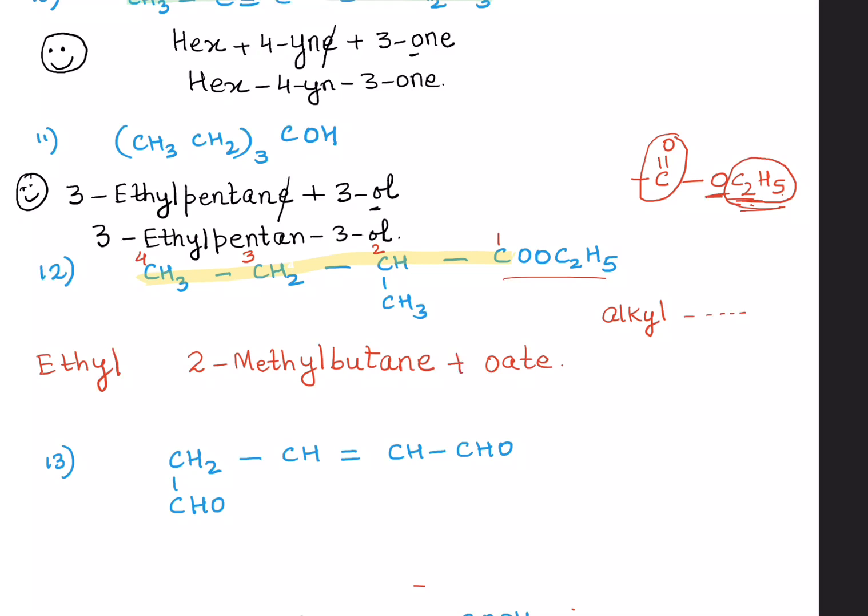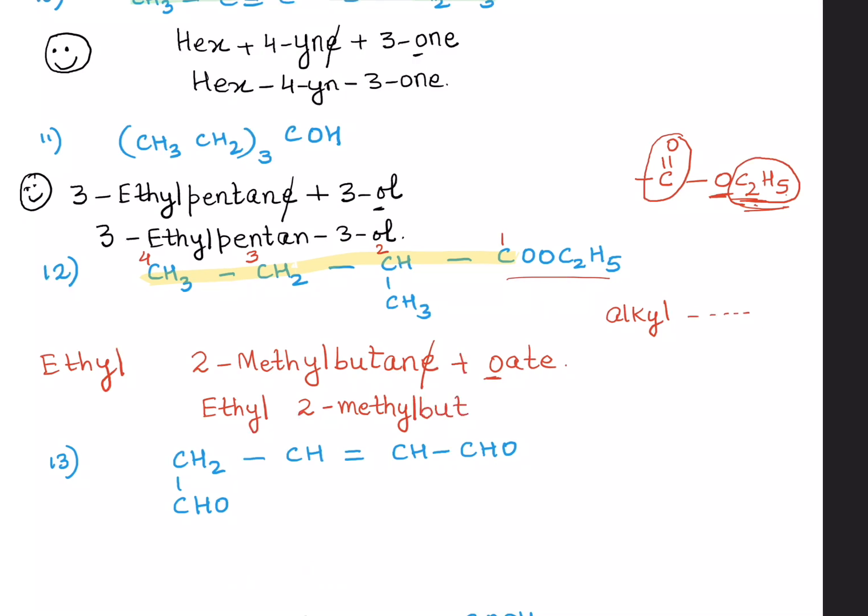So let's join the parts of this name. So I have here ethyl. Yes, there is a space here now. Unlike the previous names where we have been writing them as one name, there's a small space. Then we have 2-methyl. Because the next word is a vowel, we drop this E and we write it as butanoate. And because we don't specify the position, that means it is at position number 1. This is how you name esters. Did you get the third smiley for the day? Let me know.